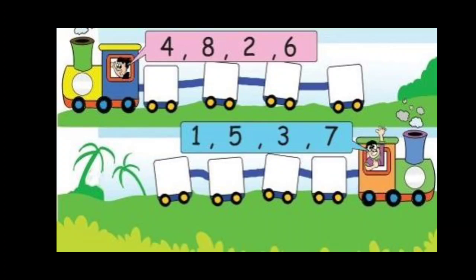Now children, we have to do this activity. We have to solve these two activities in descending order. Again, you can see in the pink box, the numbers are given jumbled up. And we have to arrange these numbers in descending order. That means the first number will be big and the last number should be small. So let us start.